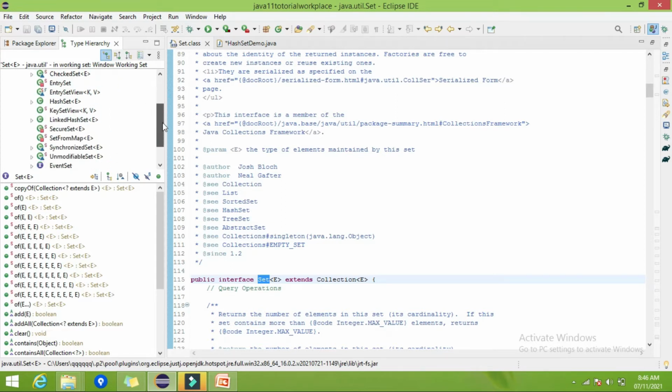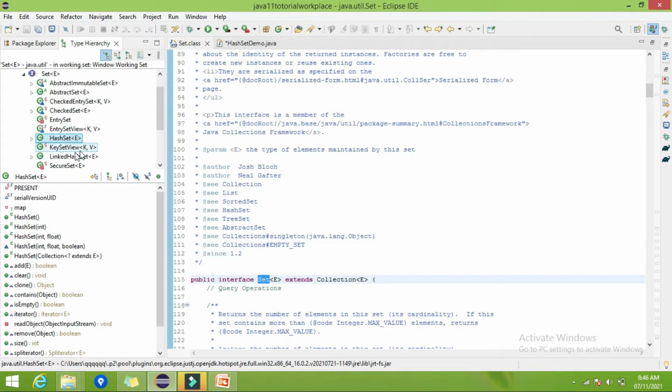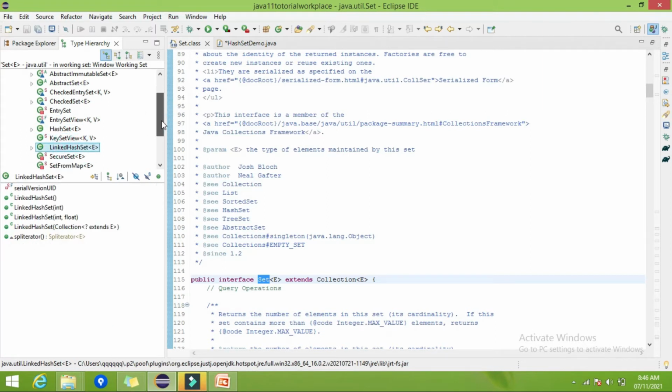Apart from these classes, there are several interfaces which are extending the Set interface, means these are some of the child interfaces of Set. Amongst all these classes, we are going to cover the main implementation classes, that is HashSet first, then LinkedHashSet, and another child interface, that is SortedSet.